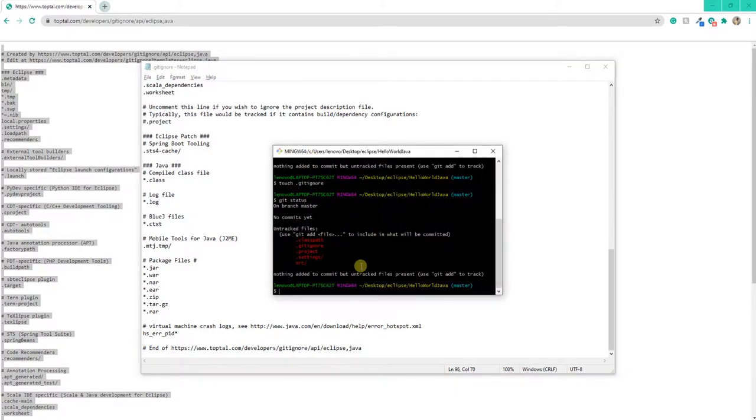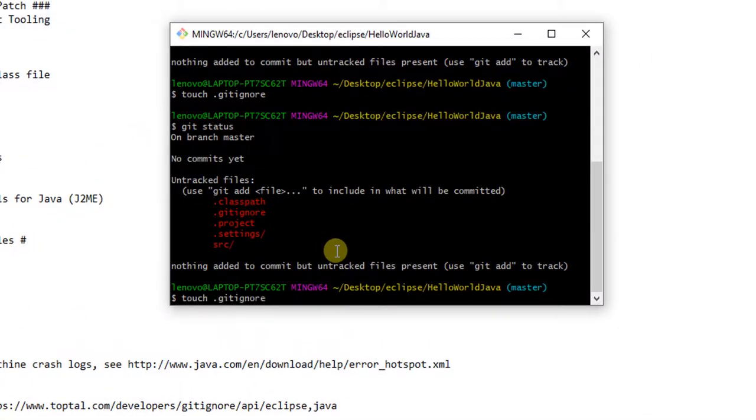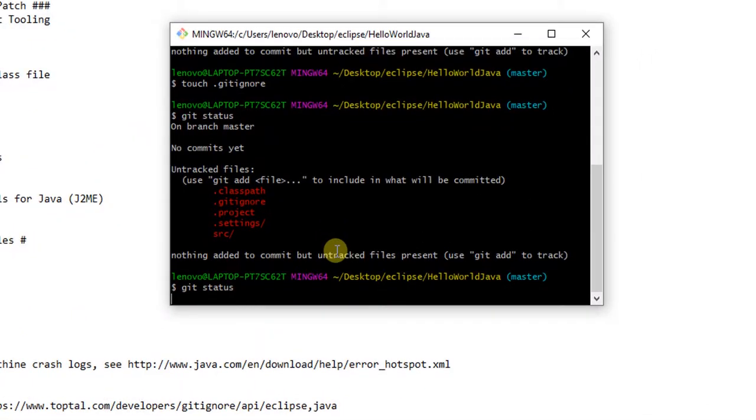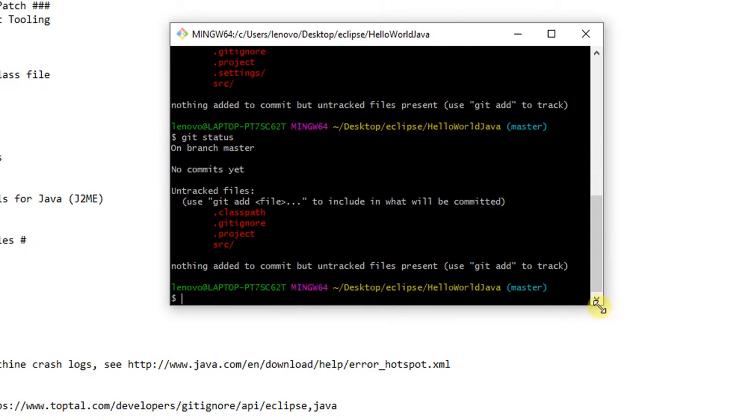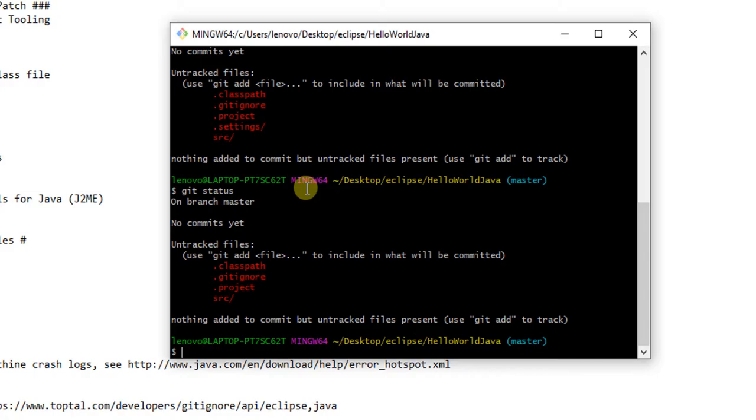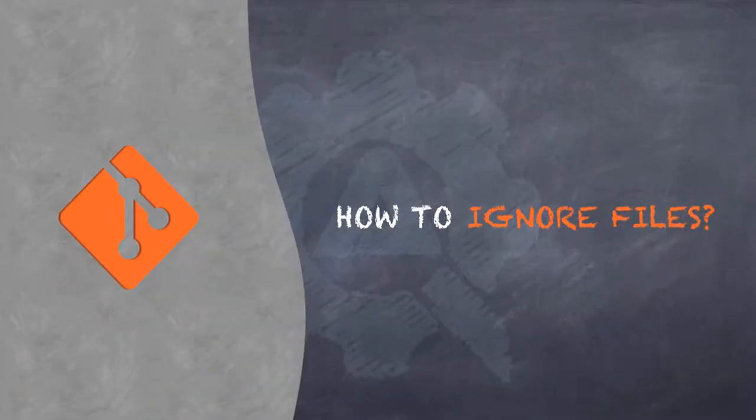Let us quickly recheck if this file is working and it has ignored the bin folder or not. If you keenly notice, you will see that it has not just ignored the bin folder, but it has also ignored the .settings folder that was generated by Eclipse. And ideally it should be ignored, because we do not need the contents of this folder to run our project successfully. So to summarize, we use the .gitignore file to instruct Git to ignore certain files and folders that should never be checked into our repository.